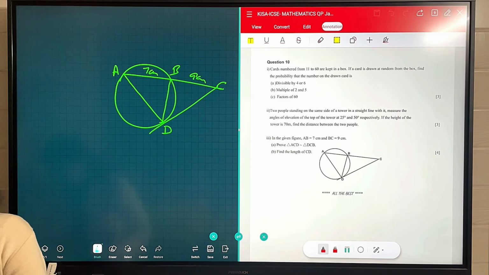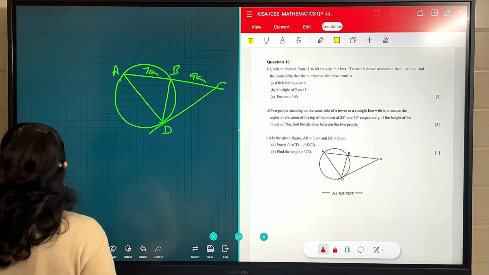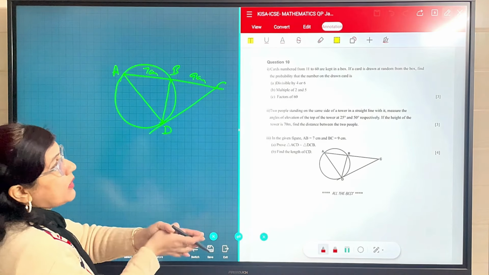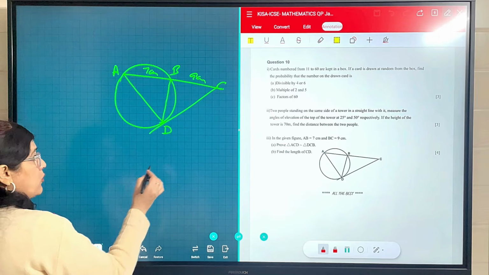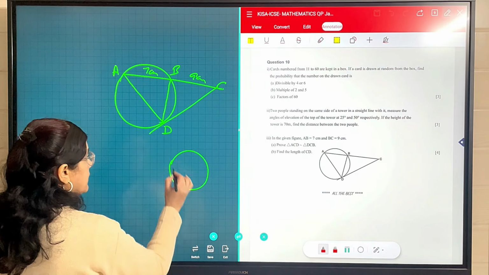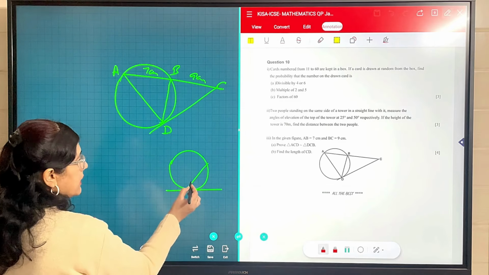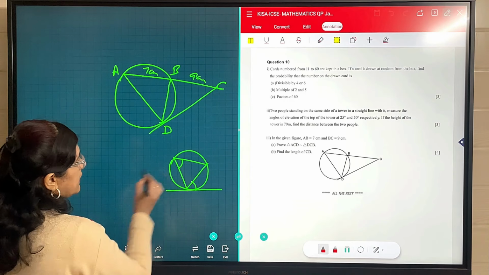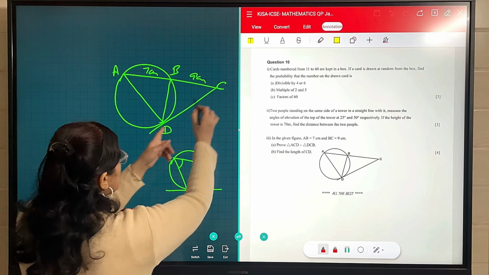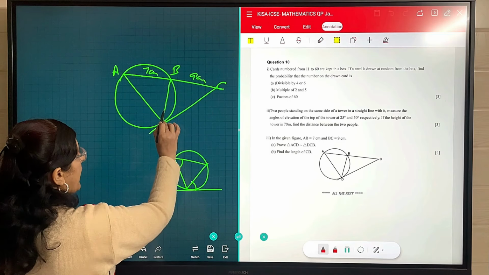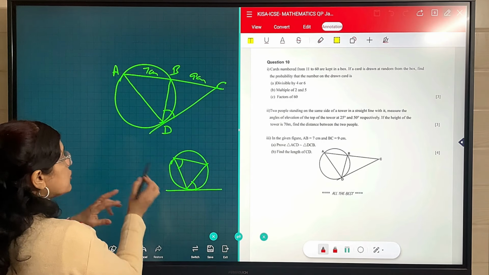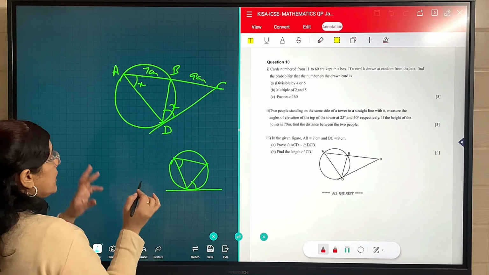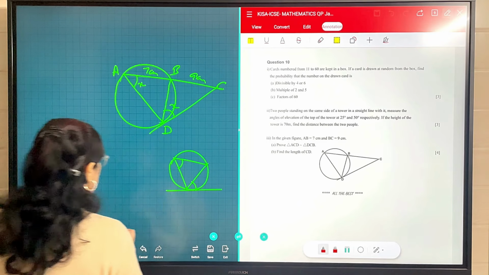So for similarity we again have to take the triangles. So which triangle we can take? First we have to consider in which triangles equal angles are coming. So first you know this property that the angle made by the tangent and the chord is equal to the angle made by that chord in the alternate segment. So this angle and this angle should be equal. So here this is the tangent, this is the chord. So the angle made by this chord with this tangent should be equal to the angle made here. So if this is x, this is also equal to x. For proving this similarity we have to use this thing also.